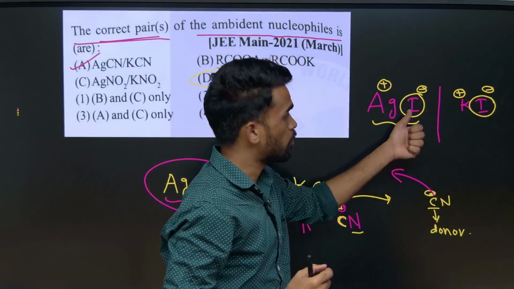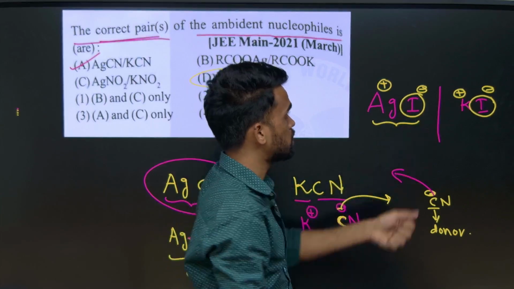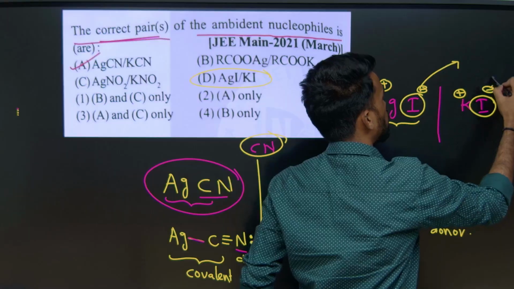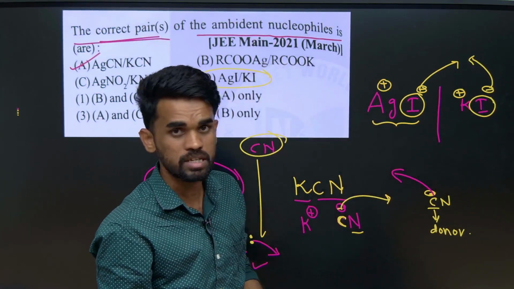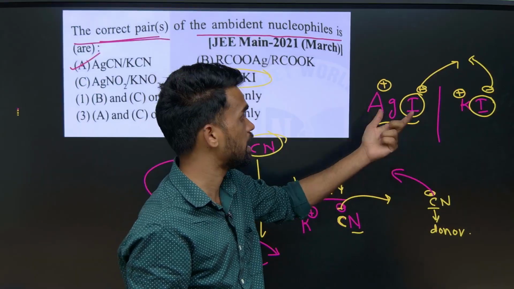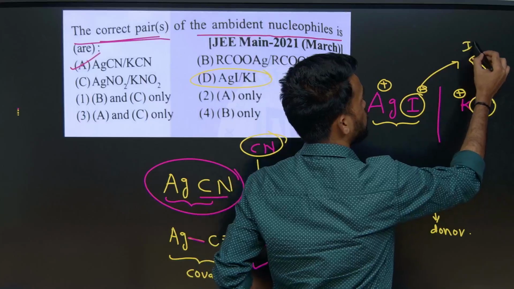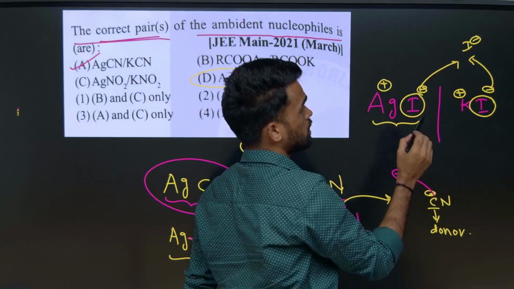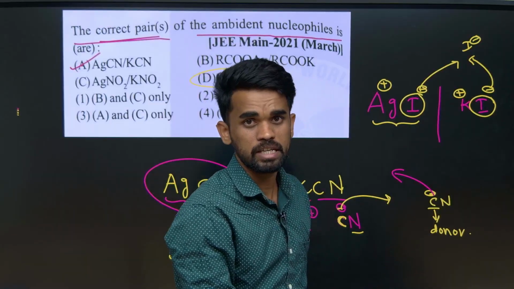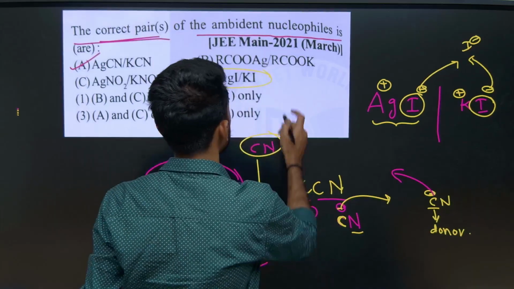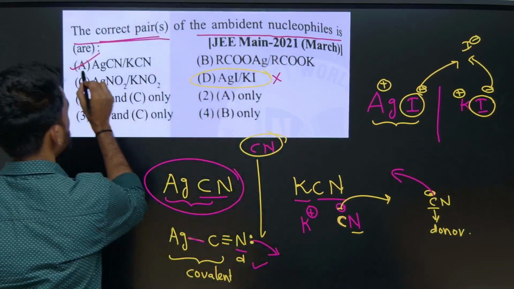Since this is monovalent, like a single atom, it has only one side, so there is no sense of talking about two sides, because it is a single ion, so it can act as iodide ion only, right. So there is nothing to talk about ambident nature. So option D is incorrect, okay. So option 1 is correct.